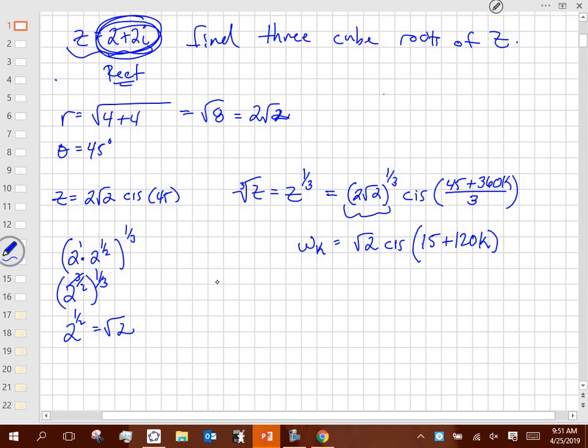All right, so that algebra there shows you how to go from 2 root 2 to the 1/3 to, it just ends up being radical 2, okay? Meaning if I take radical 2 and multiply it by itself 3 times, radical 2 times radical 2 times radical 2, does that end up giving me 2 radical 2? Yeah, okay? You could have done the same thing with the radical 8, okay? If I leave a radical 8 and raise it to the 1/3, well, that would be 8 to the 1/2 raised to the 1/3, so it gives me 8 to the,